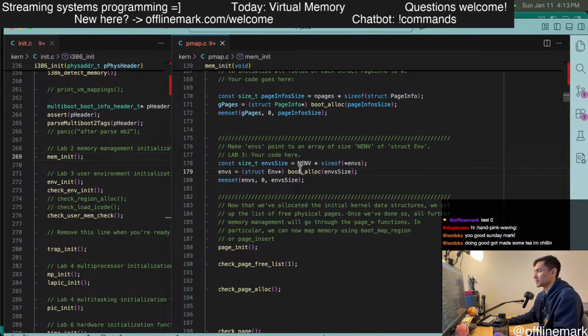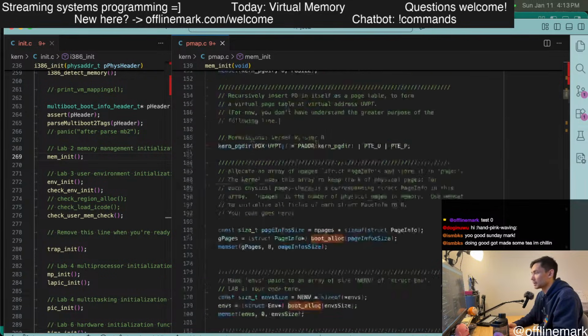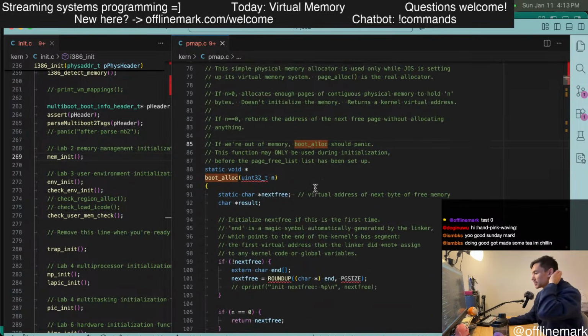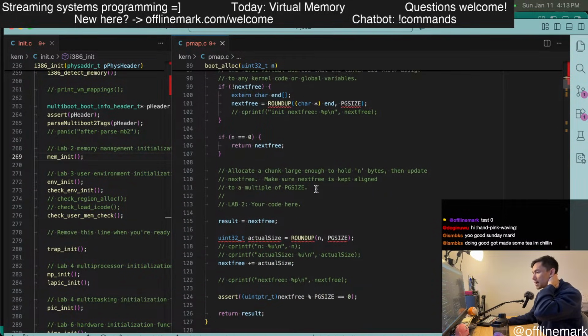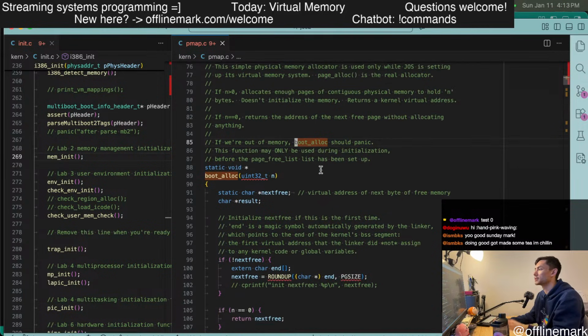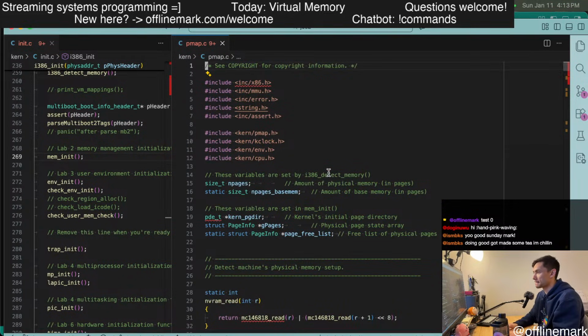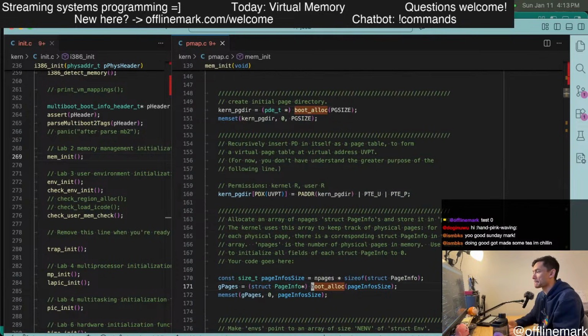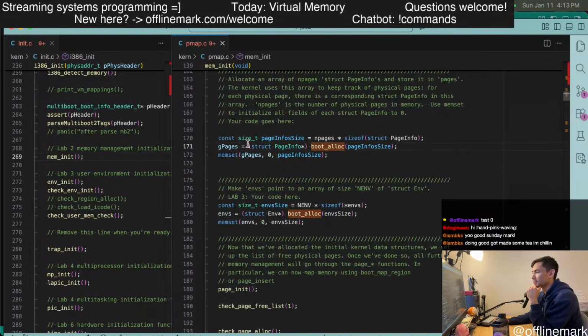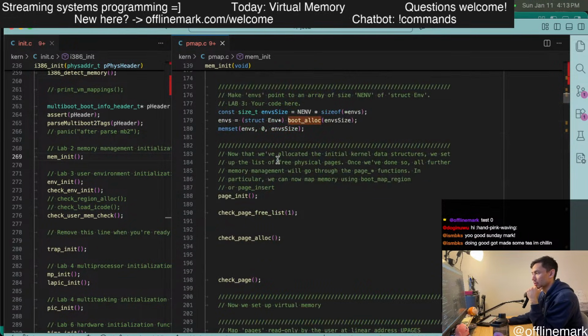Bootloader is just using this. How do I find that again? Bootloader is just using this kind of stupid bump allocator, if I recall correctly. None of this is really that important for us right now, but I'm trying to see. Okay, so now